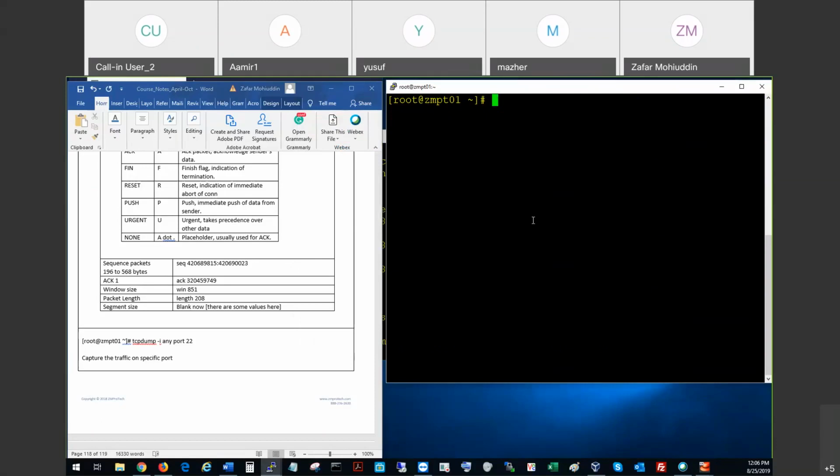Okay, so let's see here. Let me copy tcpdump. Okay, and then I'm going to do hyphen i, and then I'm going to capture any packets. And then I'm going to capture about 5 packets. Okay, and then here I'm going to give you the source name, and then the source name is going to be